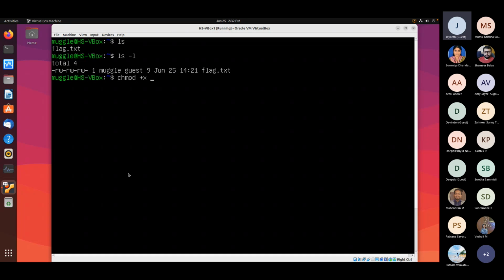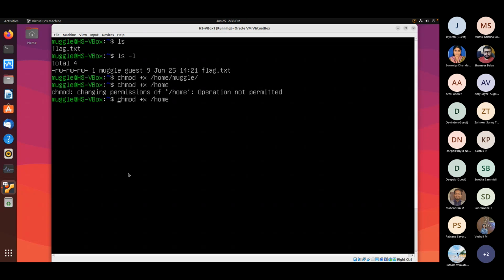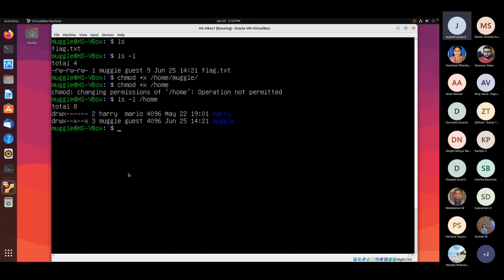to execute, right? Home muggle. And everyone must be able to open this home directory also. Obviously, you must be able to do it with root permissions. So let me switch to the root account and see, or else let's check what permissions the home directory has. So in the exam, you don't need to worry about all these configurations, but